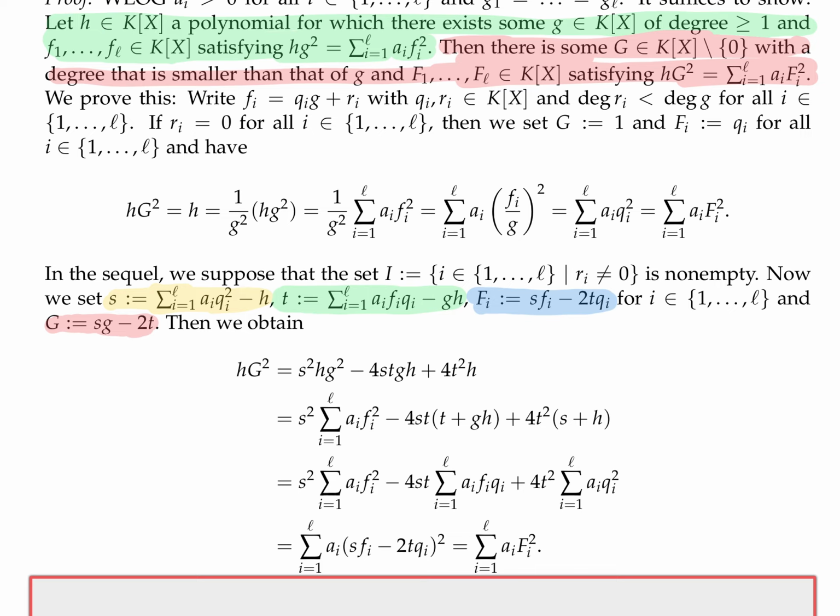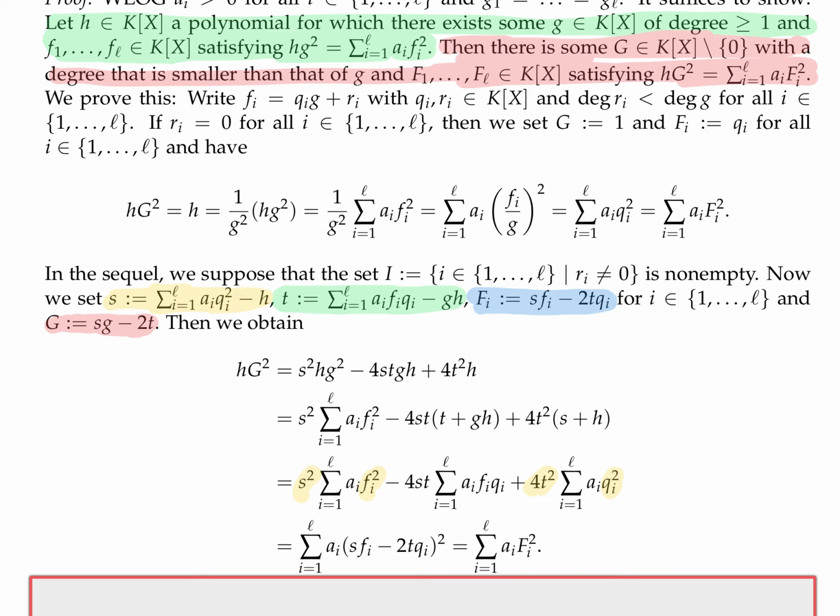And I get here a square, right, because this is s squared f, okay, let me maybe color it. I have here the s squared fi squared. And here the 4t squared qi squared, right? And then here the mixed